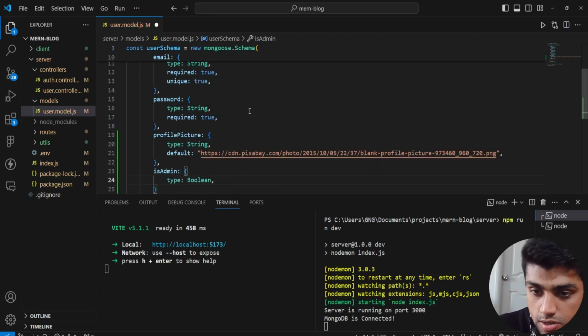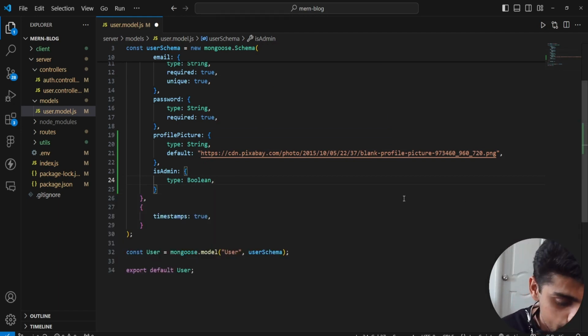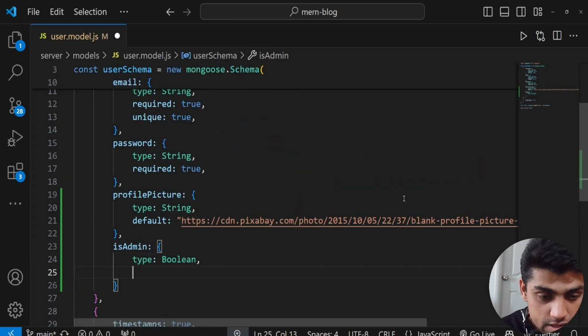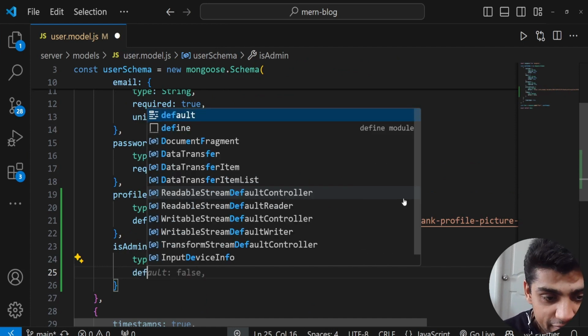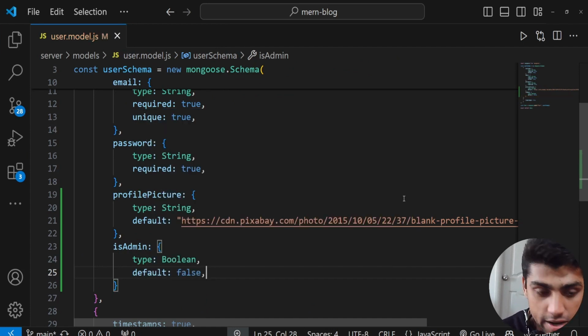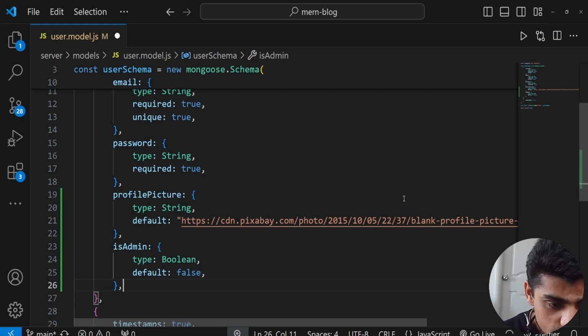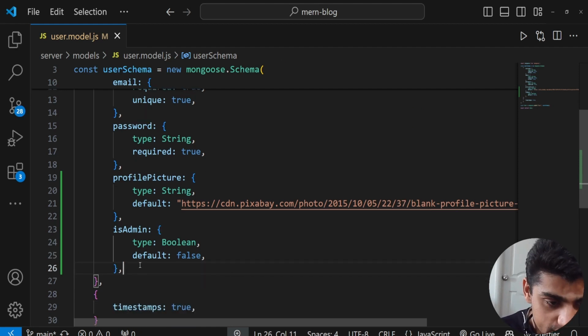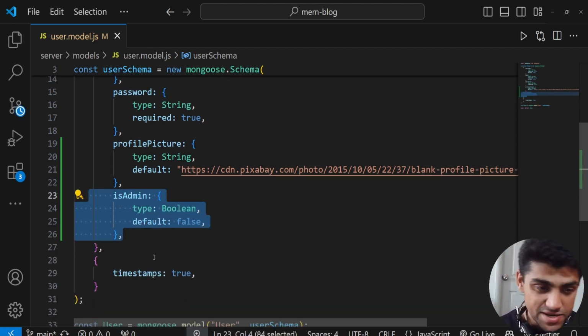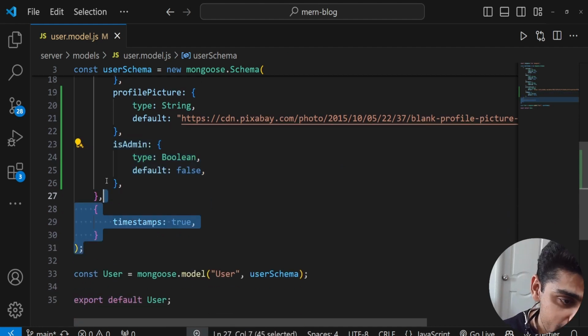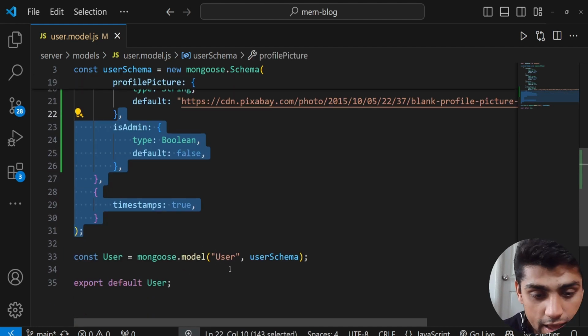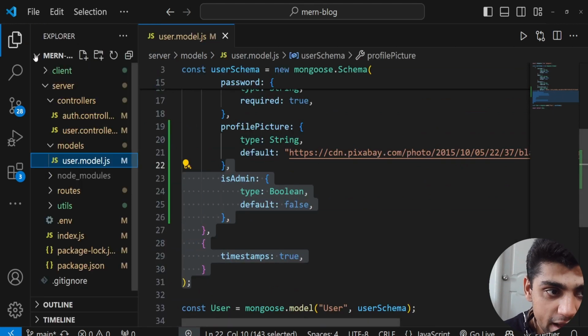Let me just close this, and also maximize the screen. The type is a Boolean, whether it's true or false as admin or not, and then we have a default set to false. Generally, not everyone is an admin. So that's pretty much it. We just have to add this extra field to our database, and now what we want to do is update our